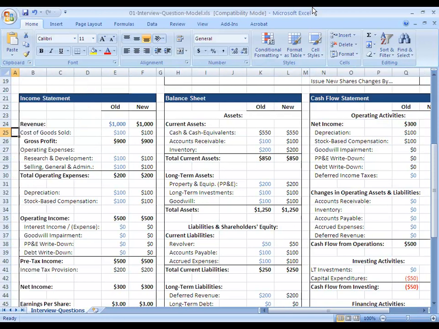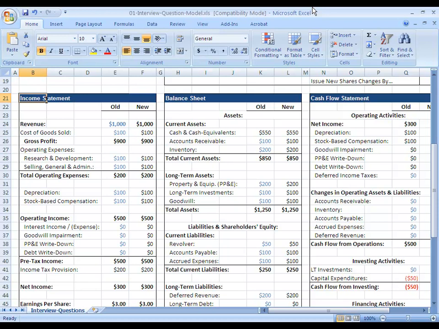So that's a simple example of how you'd walk through the three statements in the context of an interview. Now, you'll notice that I did not go into a whole lot of detail on everything, giving examples of specific line items or anything like that in the walkthrough I just did, and normally that's fine. If you're not certain, what you want to do is after you finish your explanation, just ask the interviewer, was that enough detail, or did you want me to go into the specifics on any of the items or on any of the statements or on specific line items that you might actually see? And just do that to double check yourself.